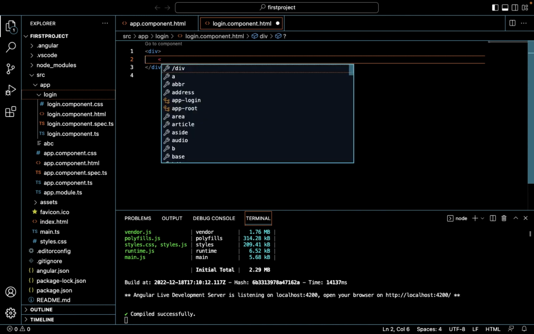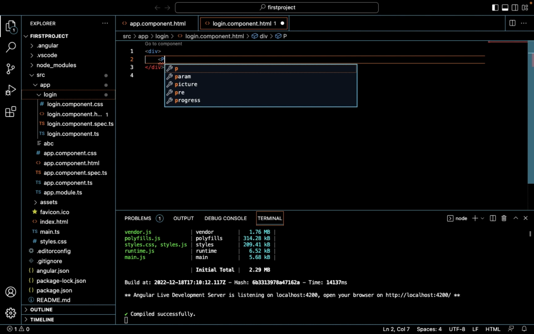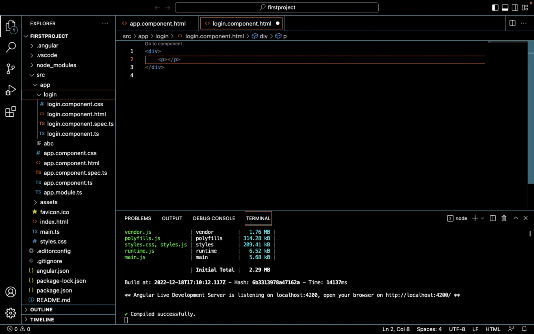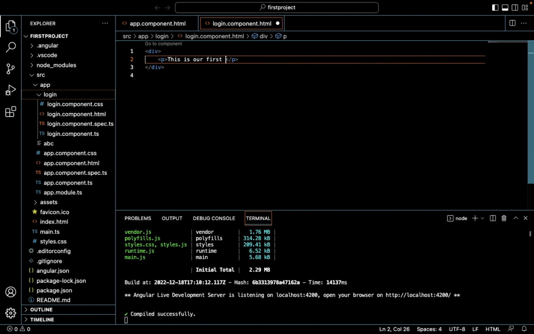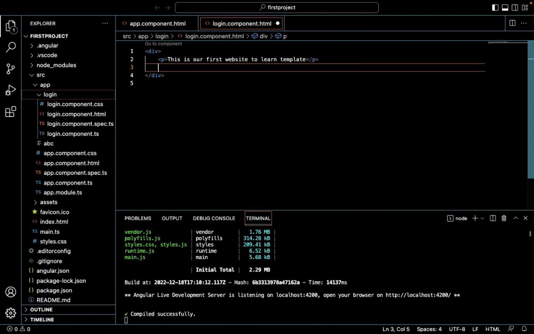So let's suppose we add a p tag, and this is a first website to learn template, a chunk of HTML code. So we write different things here,